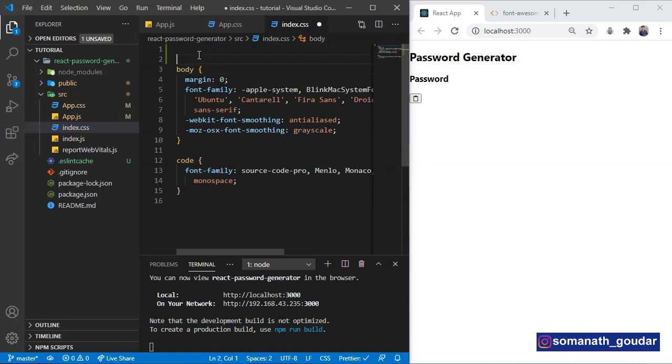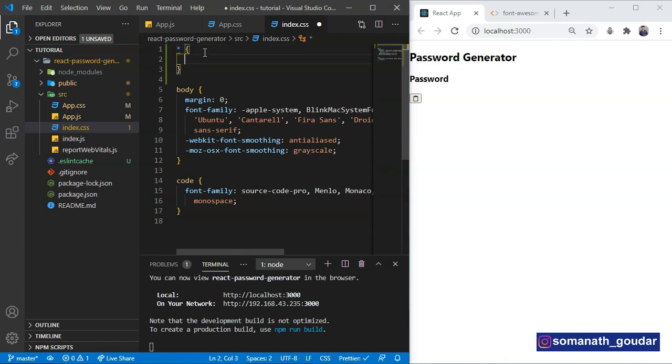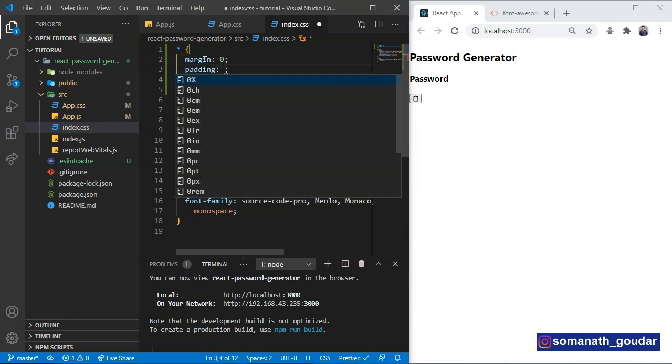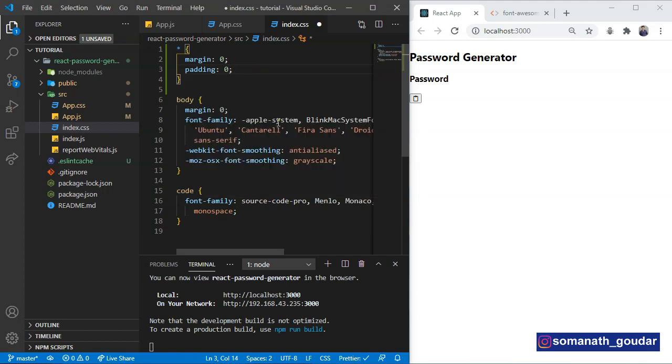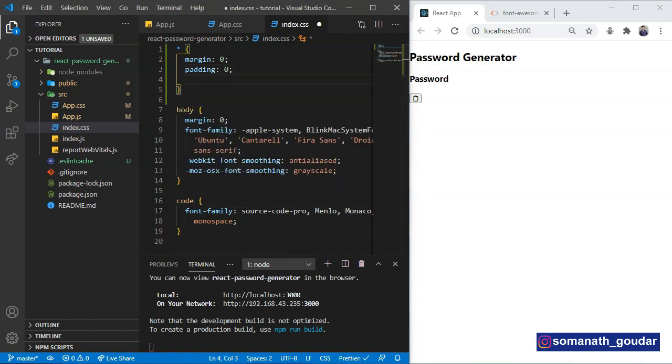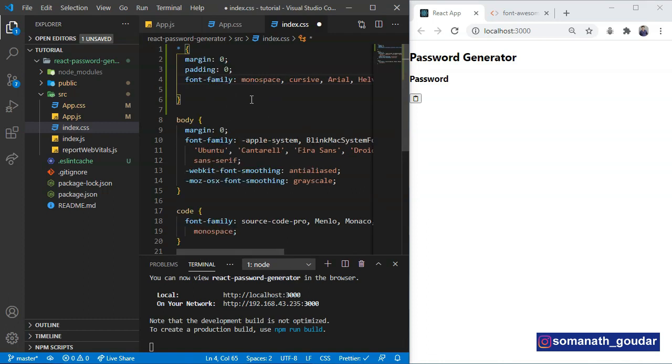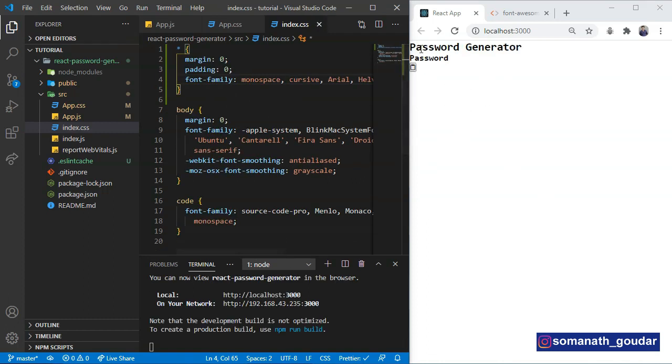At the top, we are going to target everything and set the margin to 0, and we are also setting padding to 0, and we will also be using a custom font family, such as a monospace font family for this project. Let's save this. As you can see, the font family is being applied here.